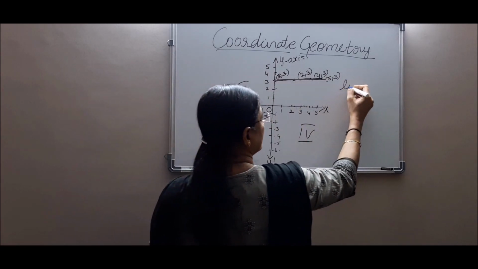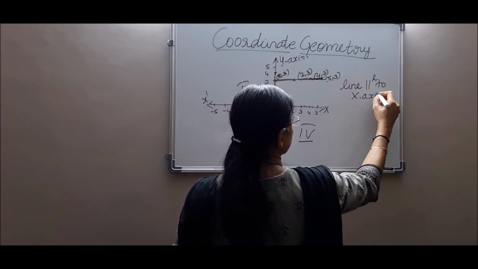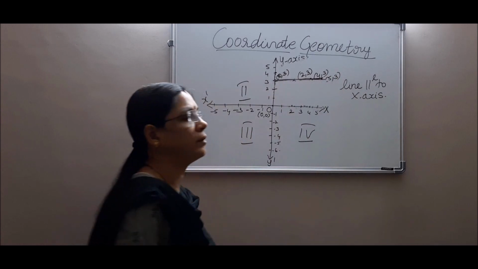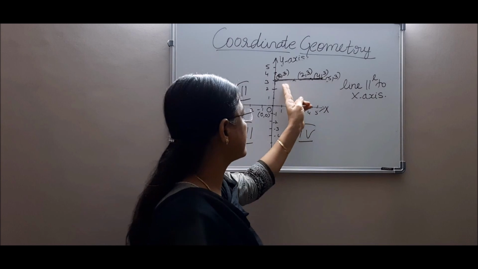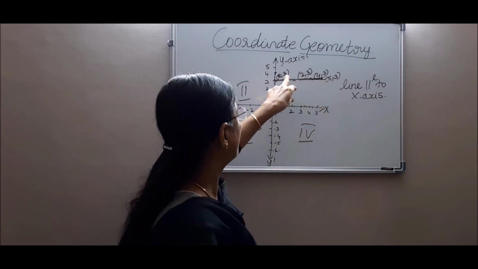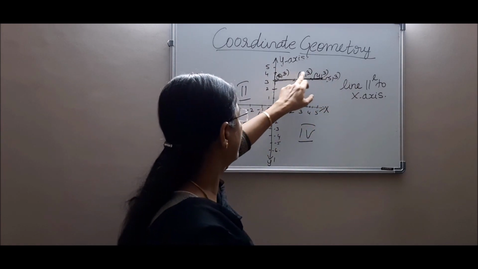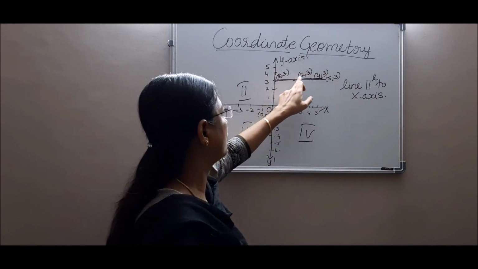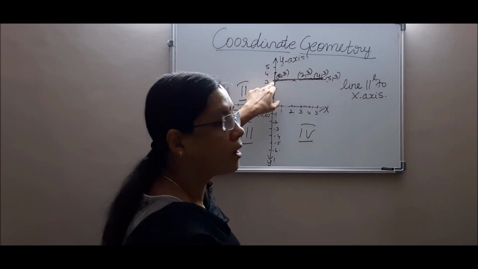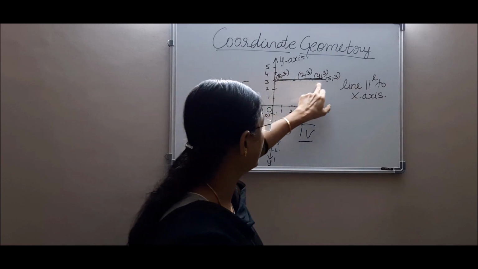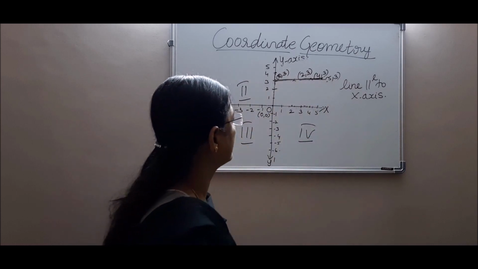A line parallel to x-axis. So what is this? What does a line parallel to x-axis represent? A line parallel to x-axis represents that y is constant here. See, the value of y hasn't changed at all, but the value of x changes: 0, 2, 4, 5, and 3. But the y coordinate remains the same because the line doesn't increase or decrease, it goes straight like this. It is parallel, the distance is the same.